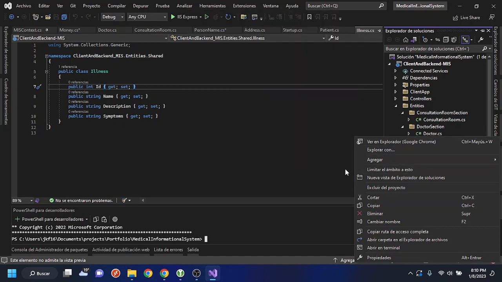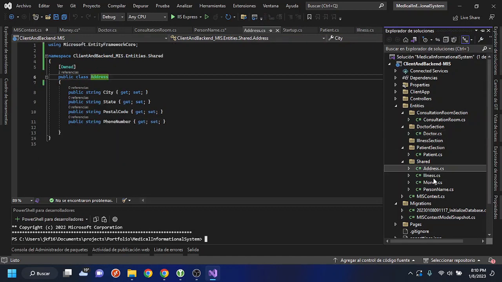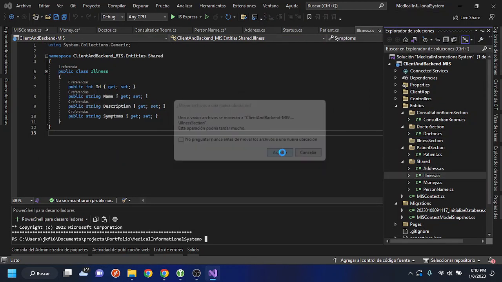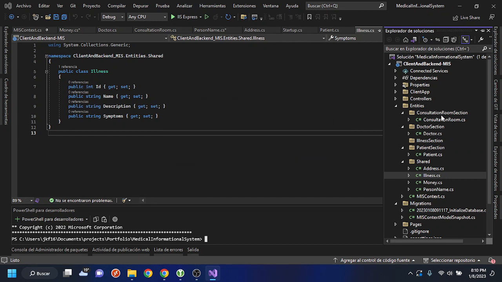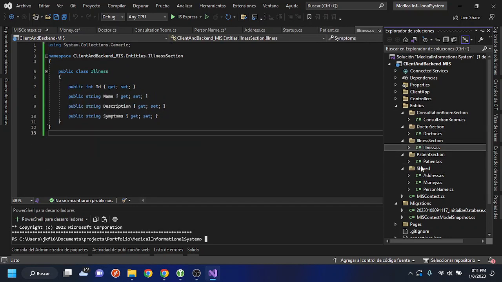Also, for another kind of design, why I'm doing this is because I want every entity and class to have their own methods. I don't want to create DTO classes because I think it's not actually needed